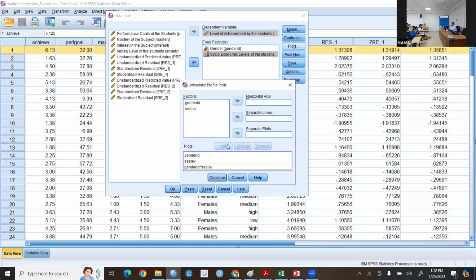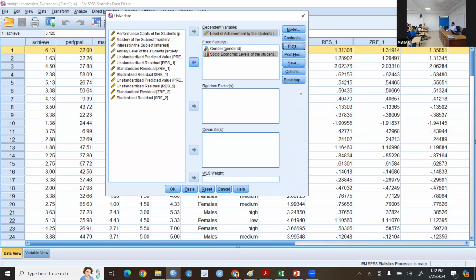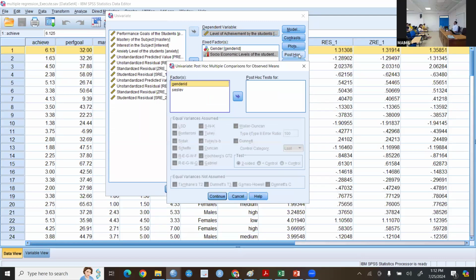अभी तो काई स्क्वायर वो पैरामीट्रिक है, नॉन पैरामीट्रिक दोनों ही है। काई स्क्वायर इज द ओनली टेस्ट व्हिच इज पैरामीट्रिक एंड नॉन पैरामीट्रिक। क्लिक ऑन पोस्टहॉक। अभी हमने पोस्टहॉक किया था, किसका किया था? जेंडर का किया था कि सोशो इकोनॉमिक लेवल का किया था? बिकॉज इट हैज गॉट थ्री कैटेगरीज, मोर देन टू। सो हियर वी विल पुट ओनली सोशो इकोनॉमिक लेवल इनटू पोस्टहॉक, बिकॉज मोर देन टू कैटेगरीज इसी की थी, जेंडर की नहीं थी। सो नाउ आई कैन क्लिक एलएसडी।